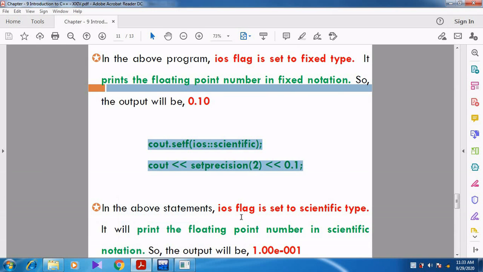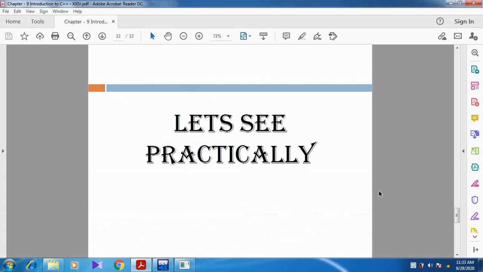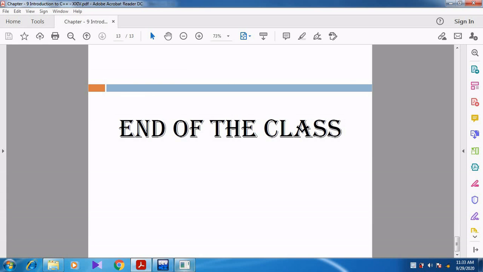So in the above statements, the ios flag is set to scientific type. It will print the floating point number in the scientific notation. So the output will be 1.00e-001. That is what I have shown in a practical manner.